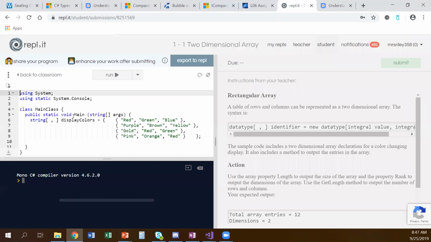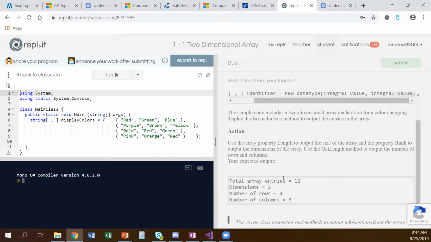This very first one is a two-dimensional array. And there's some instructions here. It says, whenever we're doing a two-dimensional array, here's our syntax. We're going to specify our data type, and in our square brackets, we're going to have a comma to indicate the number of levels. And then our new specifier would indicate the data type of both of those entries. So in this example,